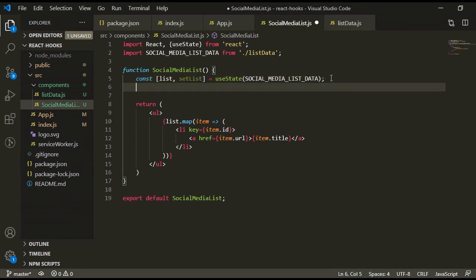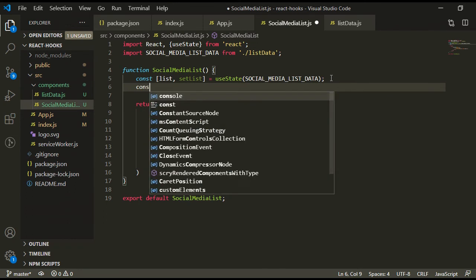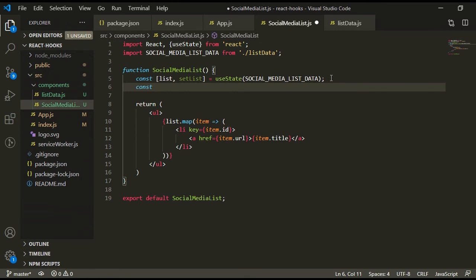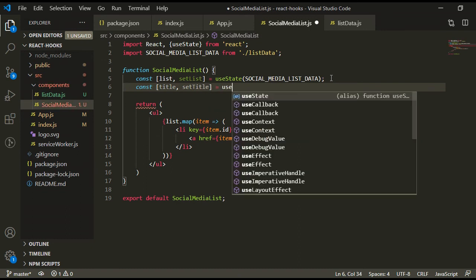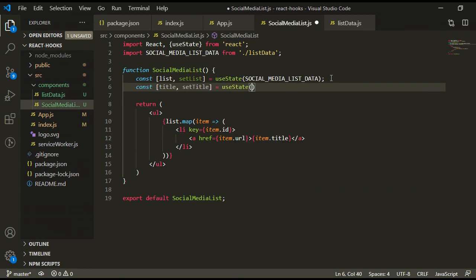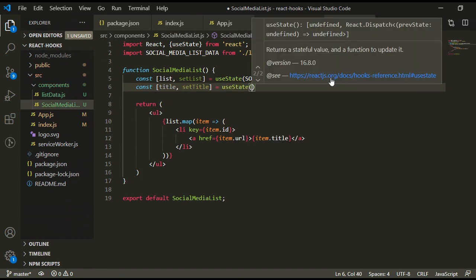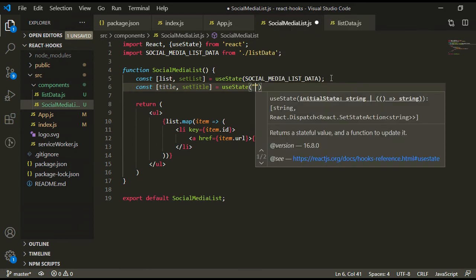Suppose I have to give some heading or title. So again I'm going to take the title and the setTitle, and useState. Inside this I'm going to give the value as a string.